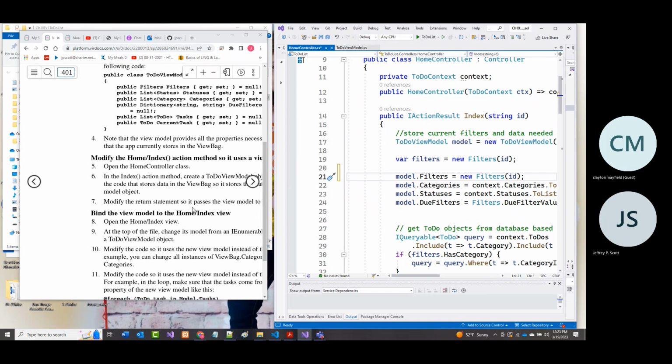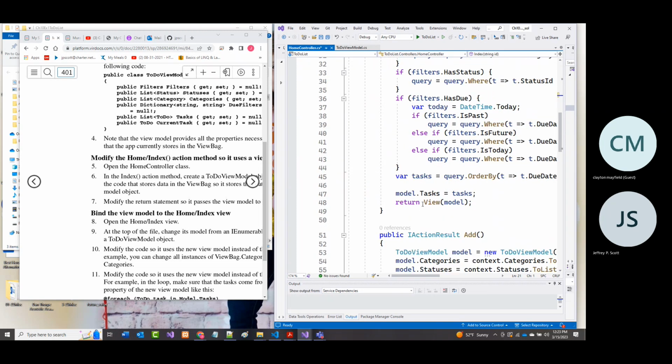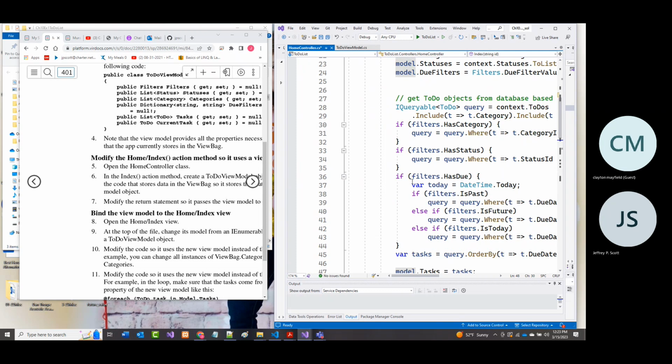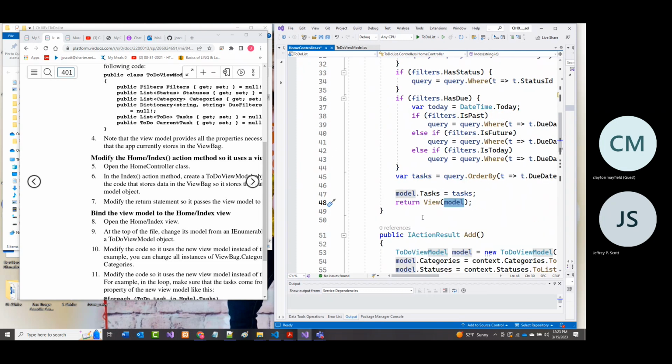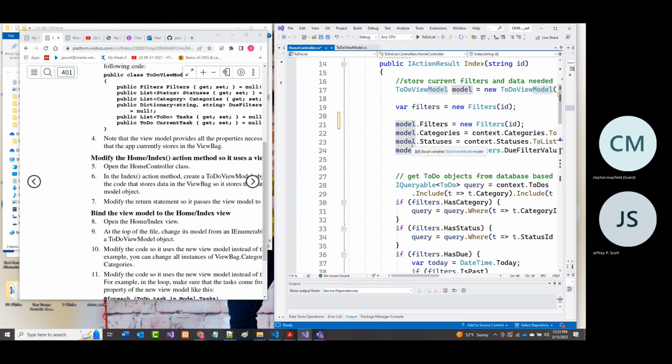Okay. And it says modify the return statement. Since we now have this model that we've been using in here, you'll notice that when we do a return, we're now doing a return view model. Also, when you look in here, notice we are using an action result. So we're doing a regular return view, but that view that we're doing, I guess it's here, we are doing model. Everything we're doing now basically is being done with model that was previously being done with ViewBag.